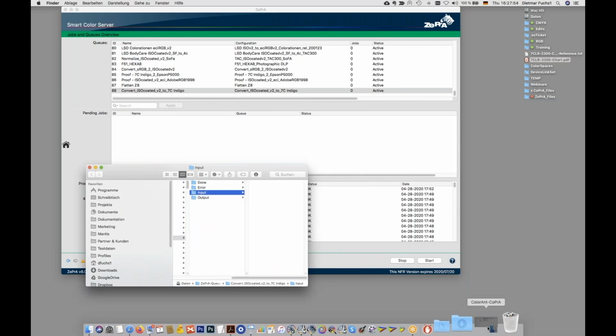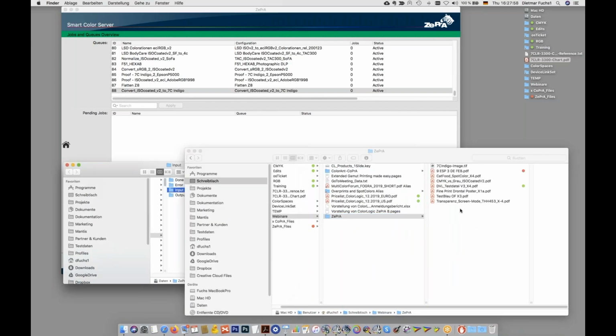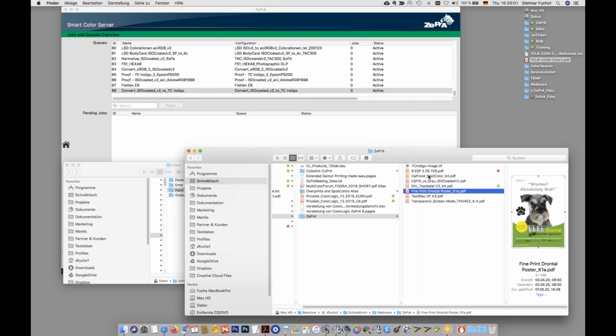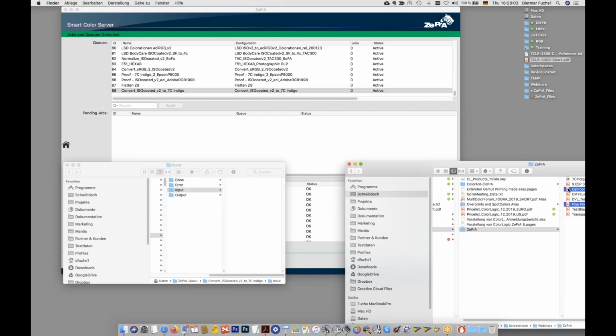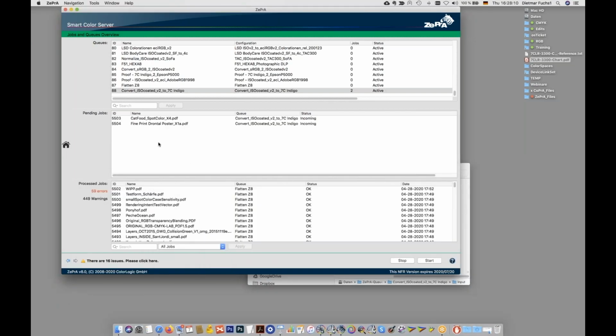And now I simply need to get to my 2 sample files, my cat food file and the dog file here, and I will drop them into the input folder, and then Zebra will recognize those files and will start to convert the documents to our target color space and do the conversion of spot colors as well. So that takes a short while, and during the processing here, you see the first file has been